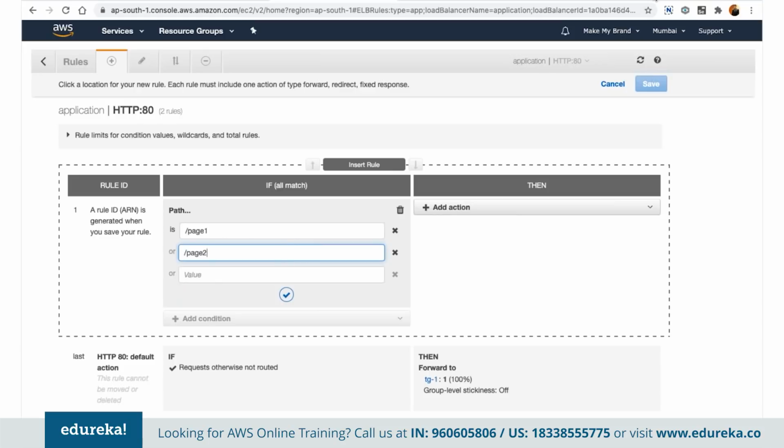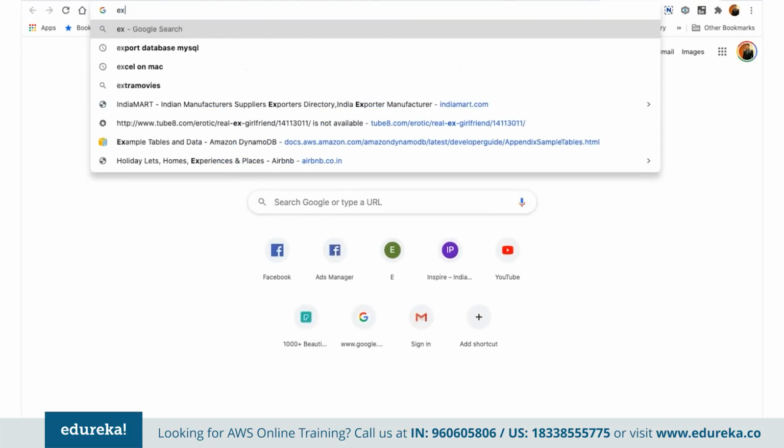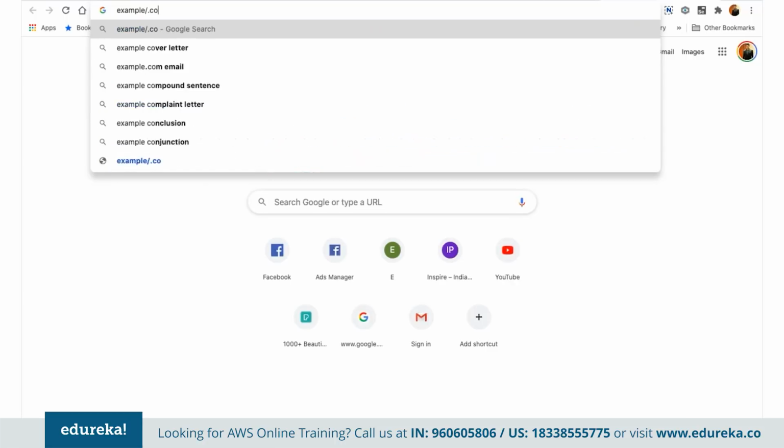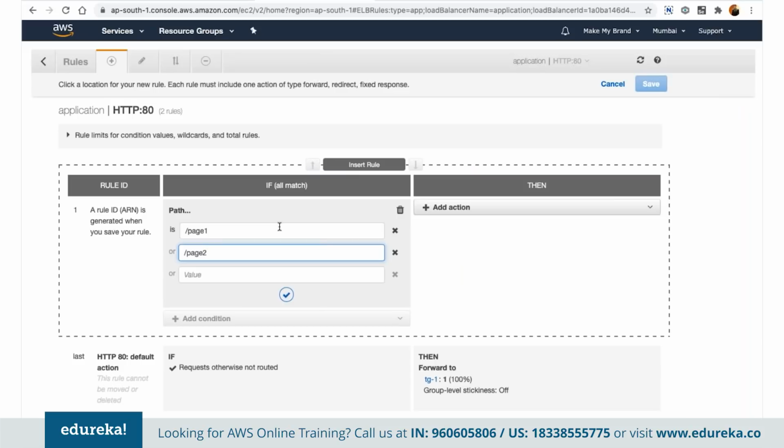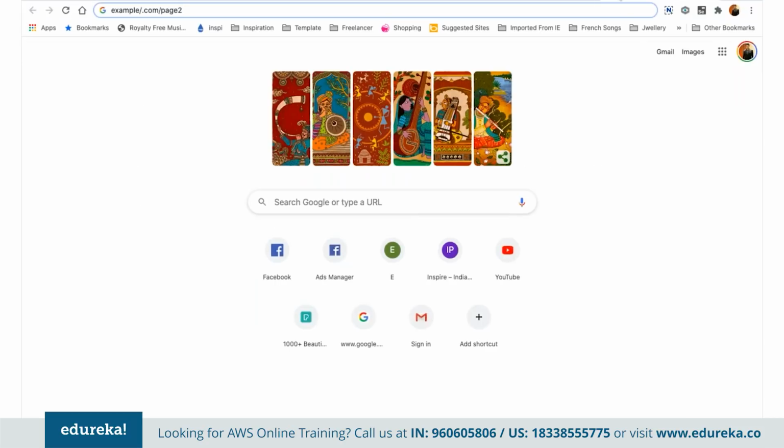That means suppose we have a domain name that we are going to map, if the domain name contains example.com/page1, then this is going to route the traffic to some other target group. Or if it contains page 2, then it should be routing the traffic to some other target group as well. We can define that. So path should be the complete path of the domain of any kind of load balancing that we are going to define here. Basically, at the end we are going to use Route 53 to map the domain to the DNS of this application load balancer with the domain name. So if the path contains page 2, page 1, or whatever we want to define,